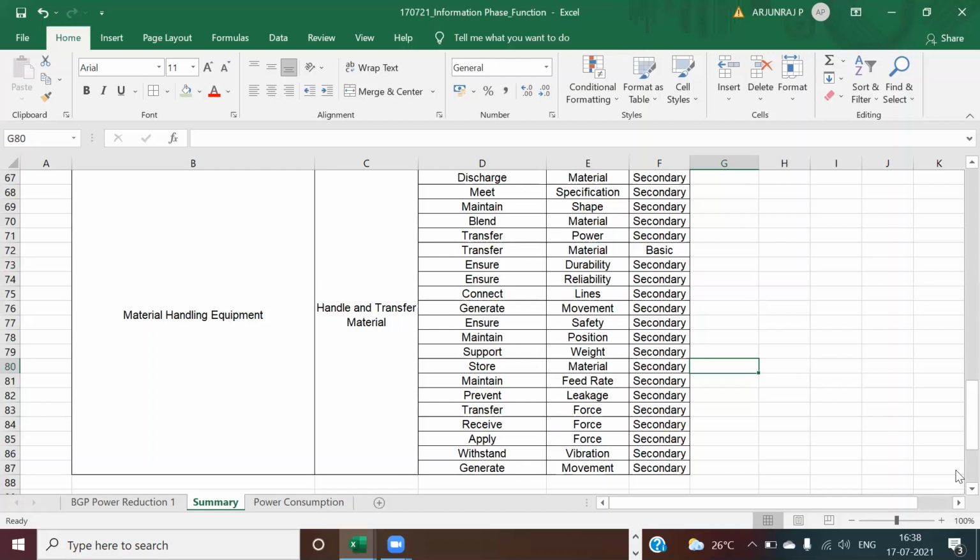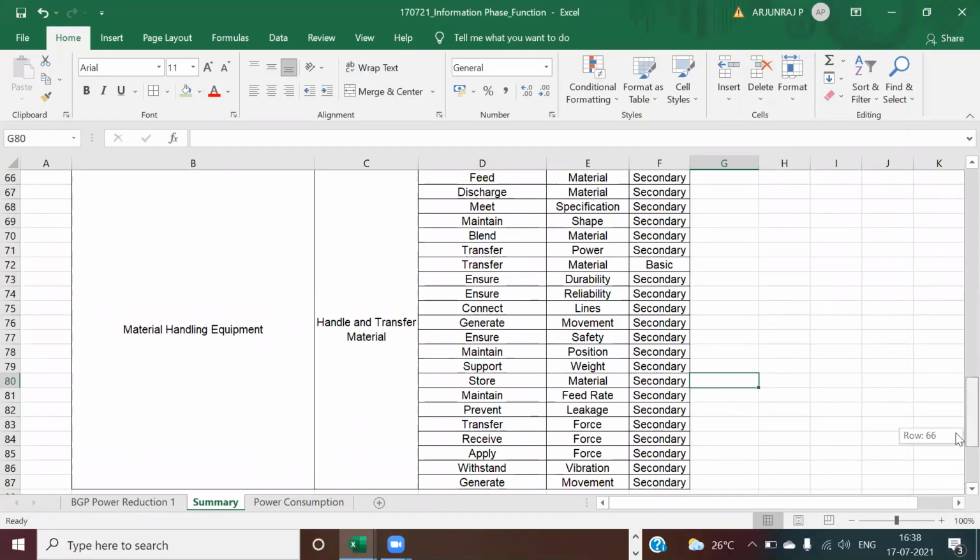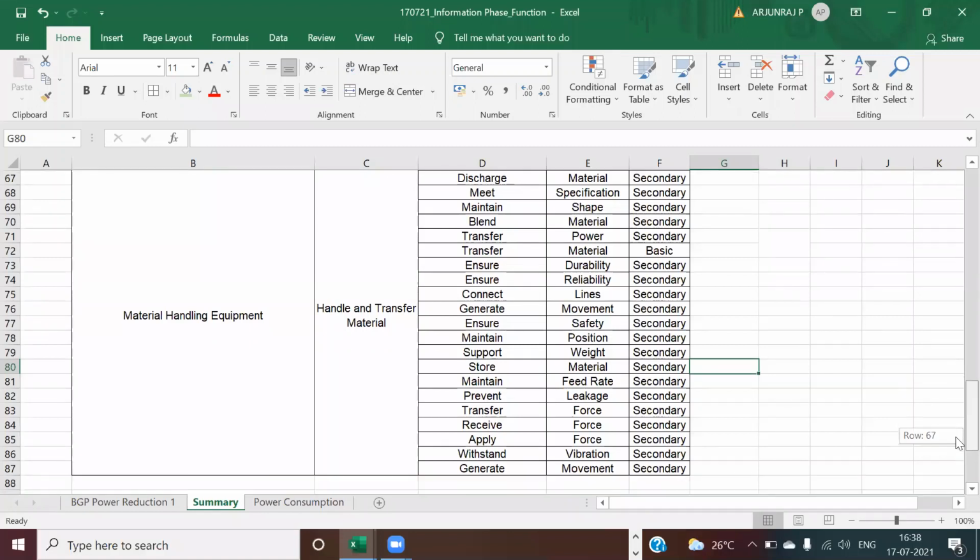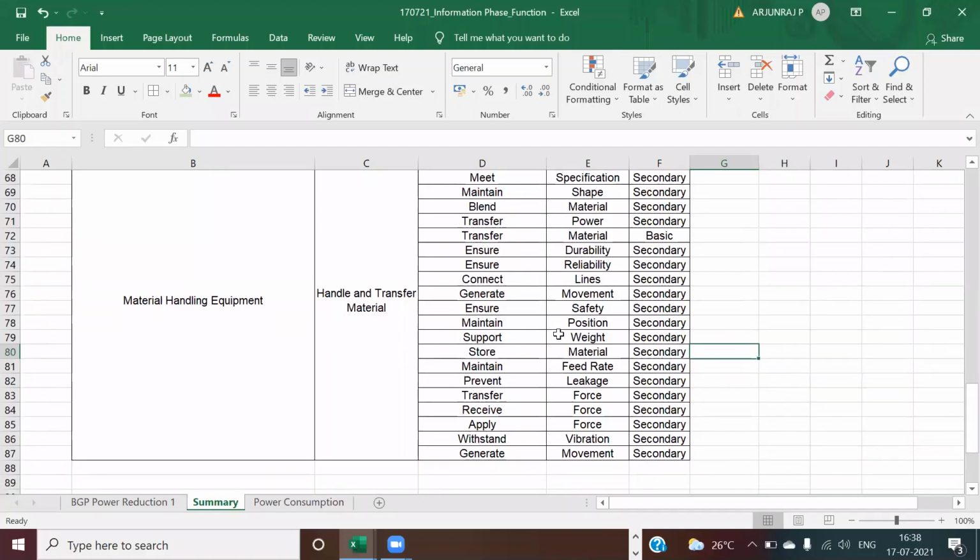Yes, sure. Now these are the common functions. Now we need to take all these functions to the FAST diagram. So now I will give you one more simple, interesting thing. Before we go for a FAST diagram, we can still do some selection here itself. What are the functions which will come in the critical logical part, the basic and secondary functions, and what are the functions which will come in design function or all-time function, one-time function, and